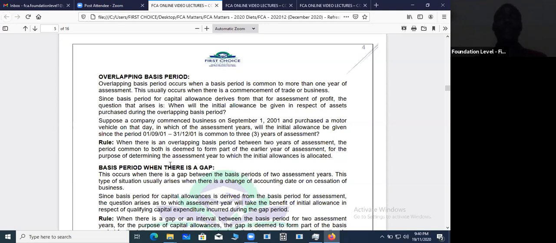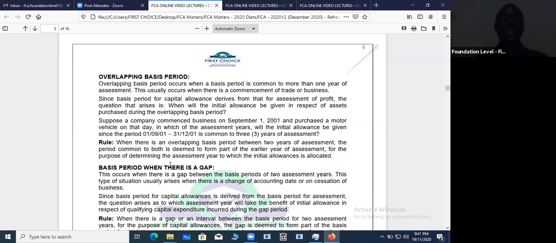Your first year of business, which is 2010, you'll be calculating your profit basis period from June 1 to December 31st, right? Your second year, you will still be counting from June 1, 2010 down to May 31st,